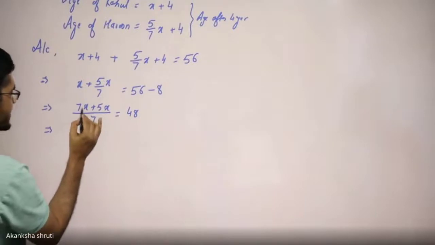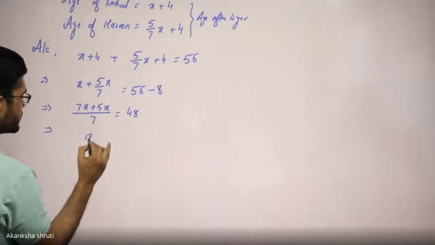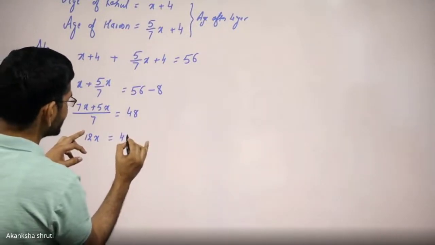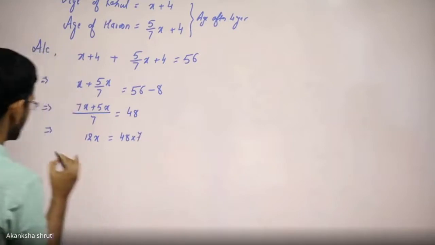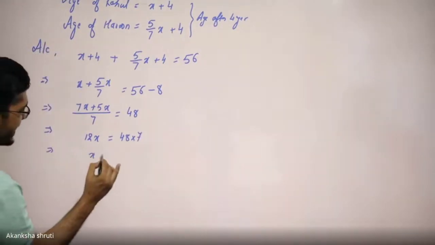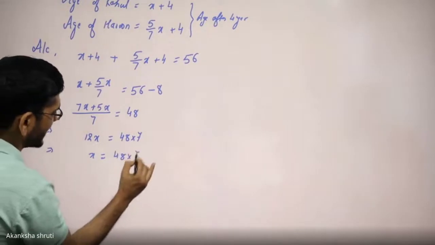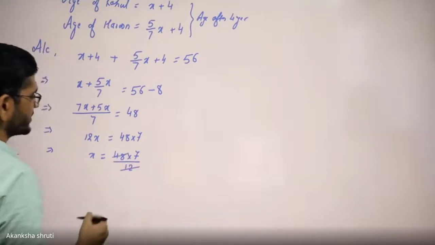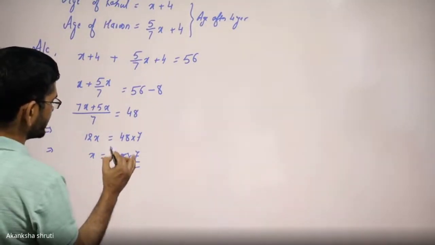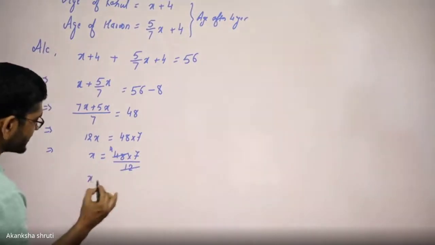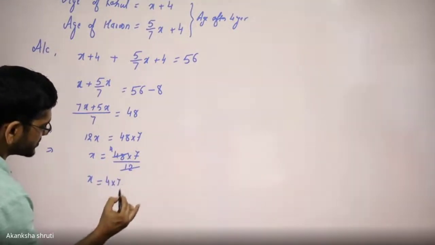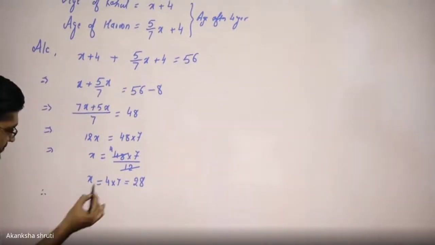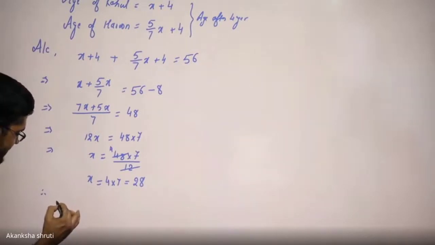Now in numerator, 7x plus 5x is our 12x. In denominator, it is 7. But that 7 will get multiplied on right hand side. So this implies our x will be 48 multiplied by 7 divided by 12. But this 12 can cancel this 48 4 times. So this x is 4 into 7. It is our 28. Therefore, this x is the present age of